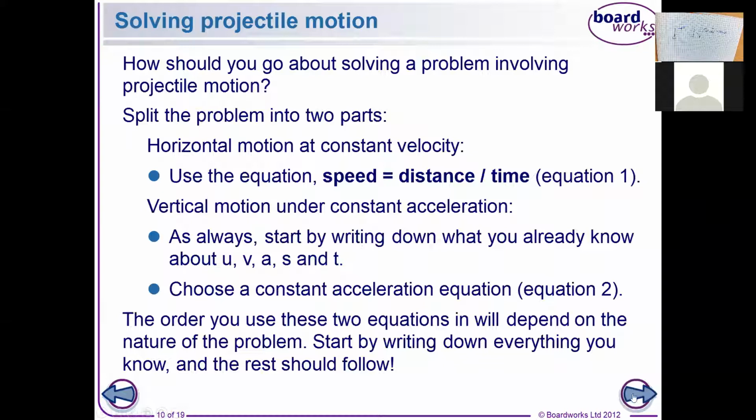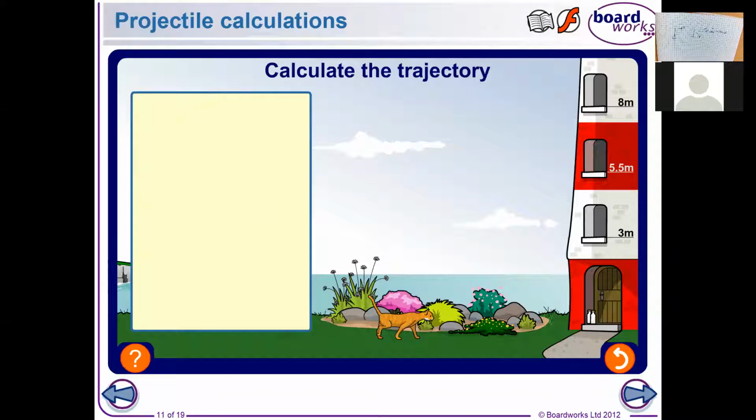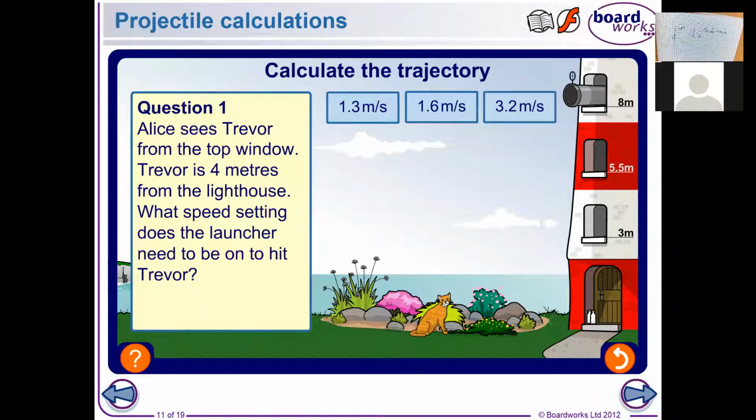Okay, so let's have a look at an example. So let's have a trajectory. We've got here a tower, and someone's cat keeps digging up the garden. So they want to try and stop the cat from digging up the garden. The best way to do it is to apparently shoot it. So to work out what speed this cannon has to fire a ball horizontally from 8 meters up so that it hits the cat, you first of all have to